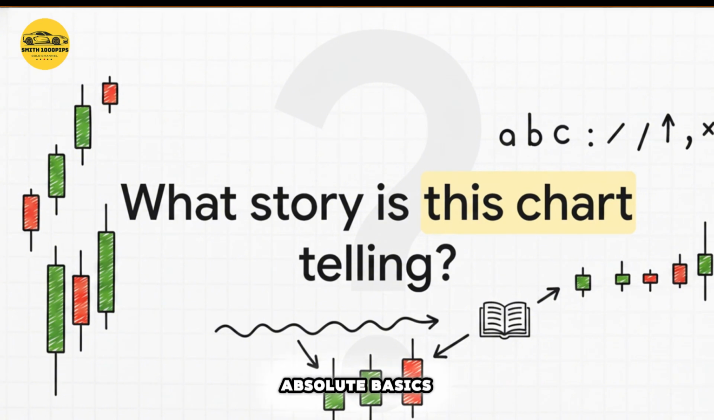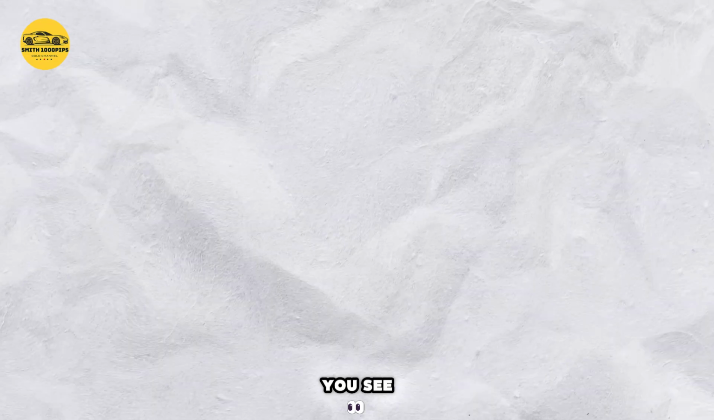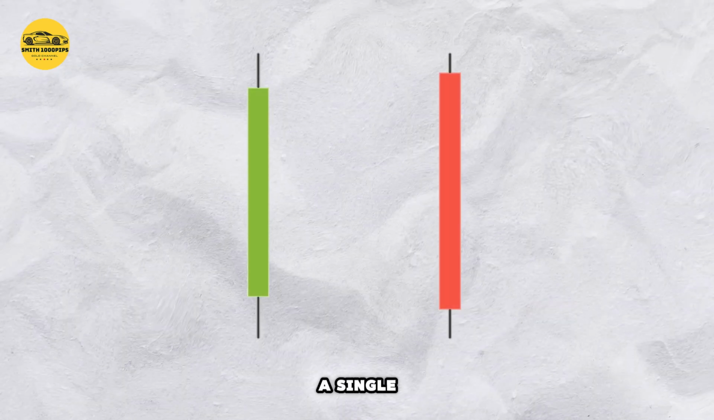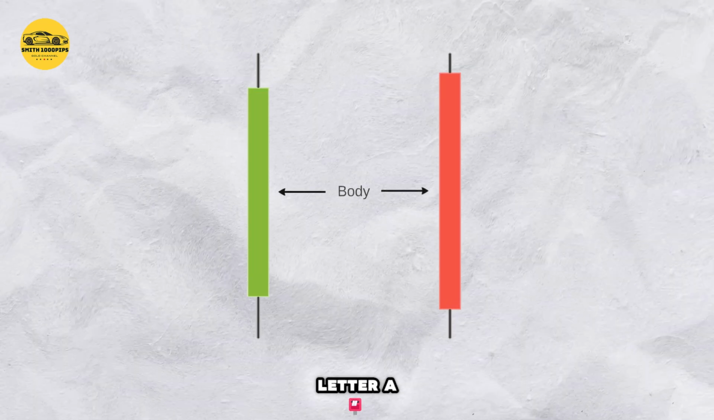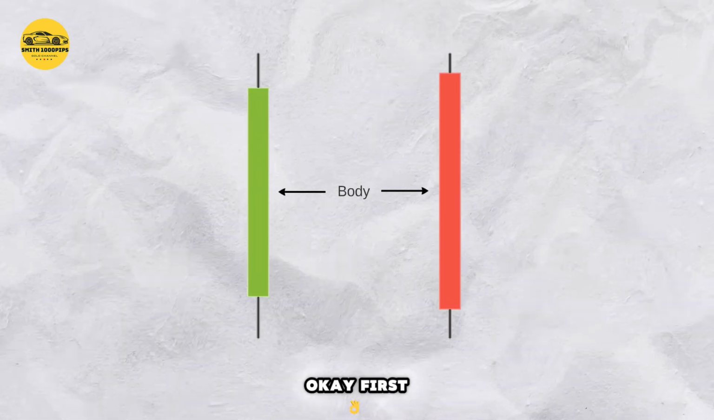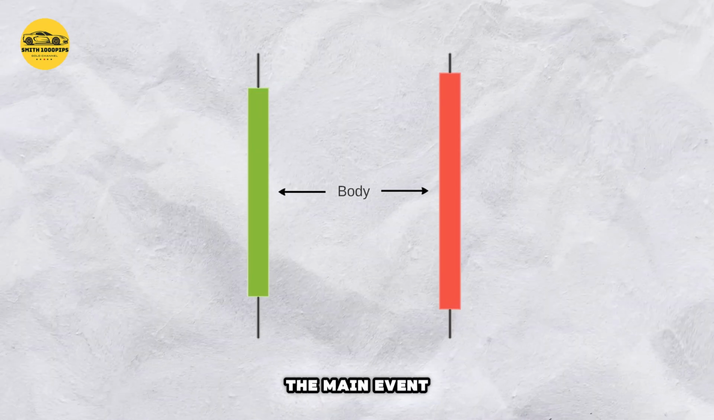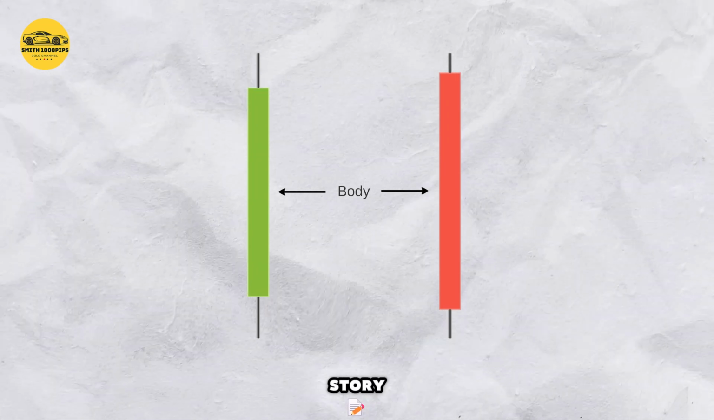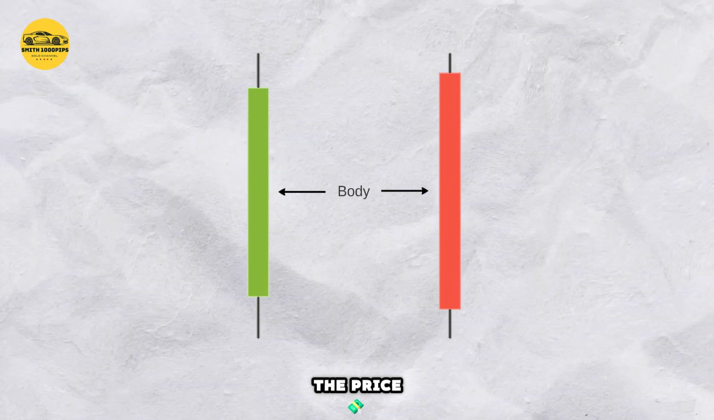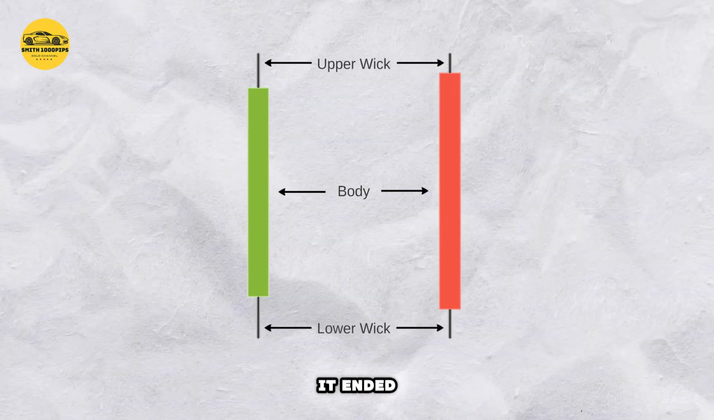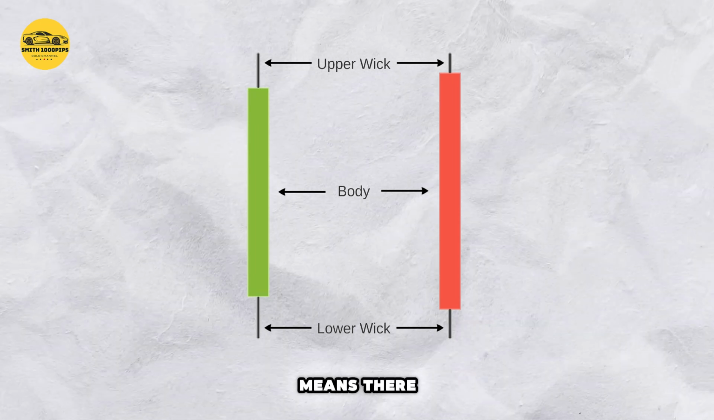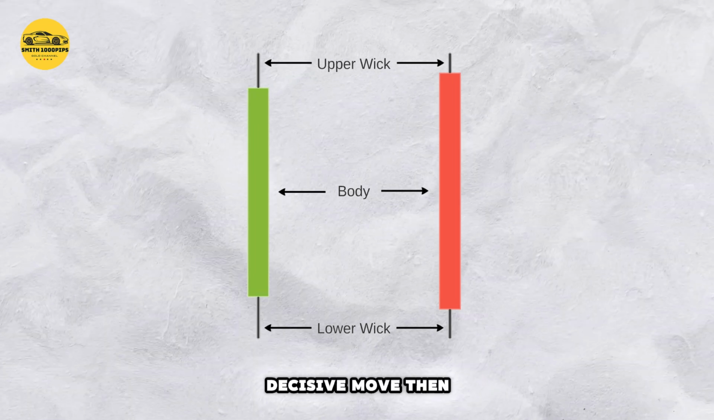So let's start with the absolute basics. You see, this whole complicated chart is just built from one simple thing, a single candlestick. Think of it as the letter A in our new language. Okay, first up is the main event, the body. That's the thick rectangular part, and it's the heart of the candle story. It tells you how far the price moved from where it started to where it ended in a certain time frame. A big long body